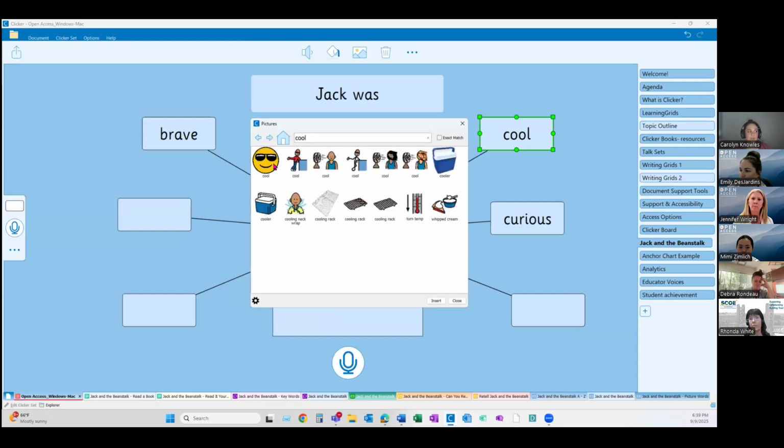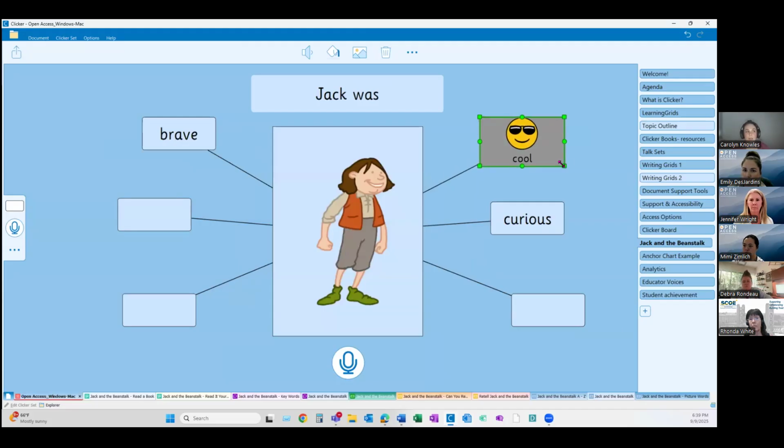Now it will search for pictures associated with whatever word is in that cell, and then we can go ahead and put it in, make it larger if we want to. And then we have a sound recorder down here also. So in this case, maybe a kiddo is talking about the characters and then filling in the different cells around with characteristics of that particular character. This is just one of the pages of the characters that was in that Jack and the Beanstalk set. I just wanted to show this one.